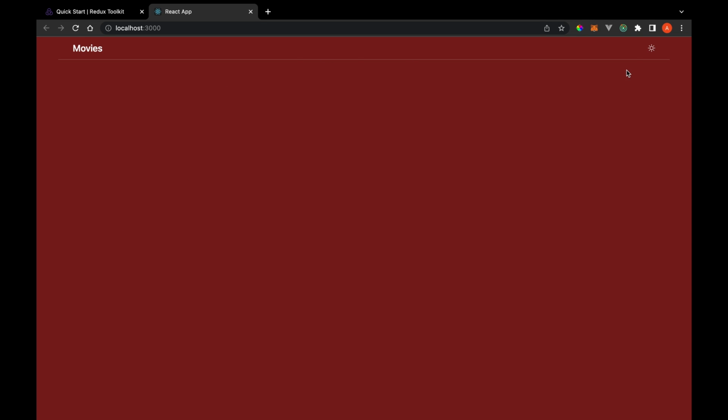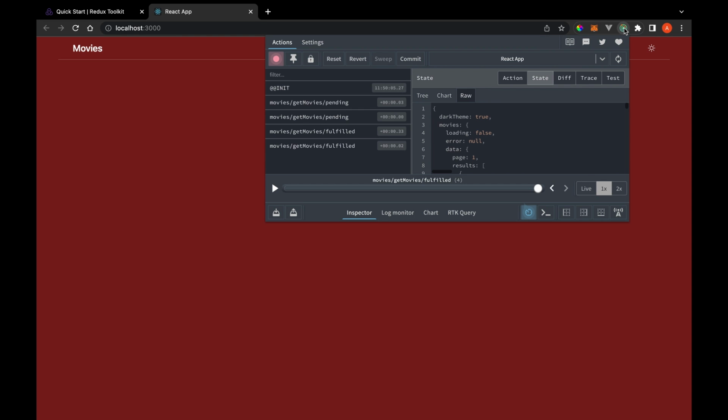Okay, so let's see, and if we check our extension, yes, we have our results, and we have the different movies that are being returned from our API. And now we are going to take this data, we're going to map it and display the data onto our screen. Okay, so these different movies that we have would need to now display onto our screen. So going back to the IDE,